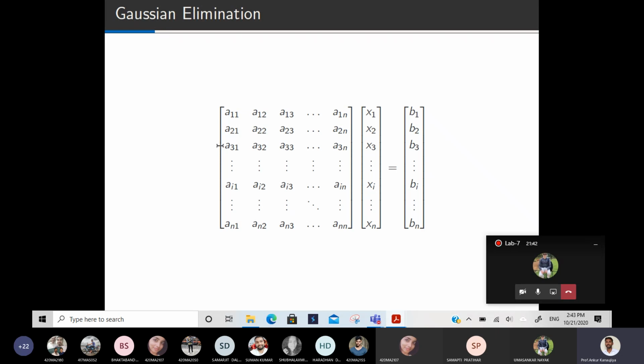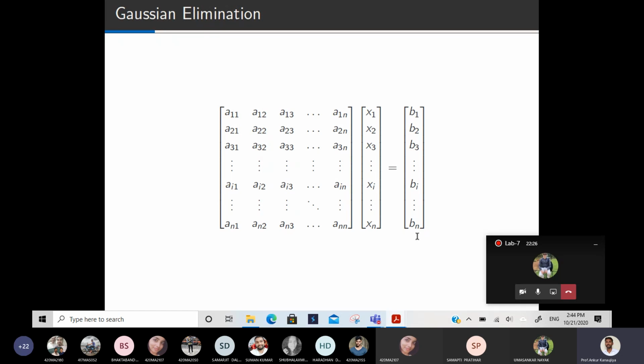So suppose we want to solve this n cross n matrix. This is the matrix, with entries a11, a12, a1n, and here ann, and the right side is from b1 to bn. Suppose you want to solve this, then how will you solve? Forget about programming, you want to solve manually, then how will you solve? Suppose some numbers are given and it is a 10 cross 10 matrix. Can anyone tell how you will solve? You have to find x1, x2, xn, and the right hand side is also given as some numbers. So can anyone tell how to solve the process?